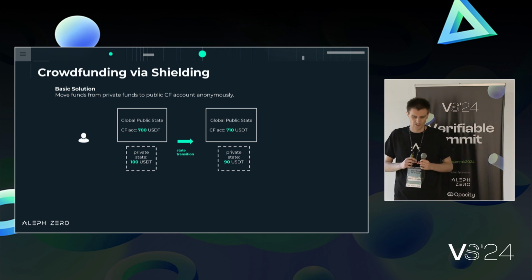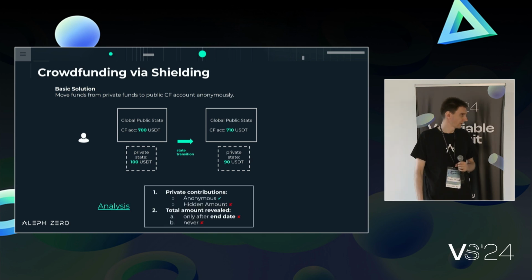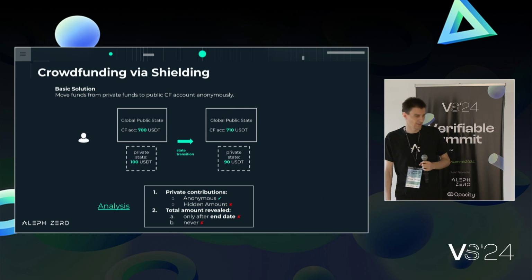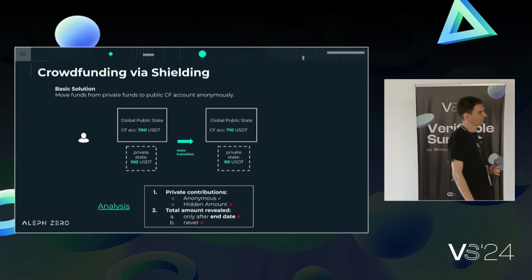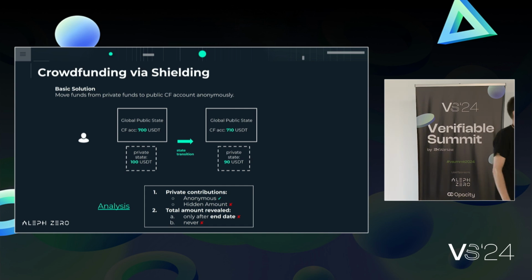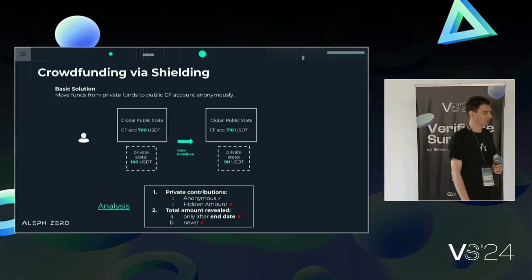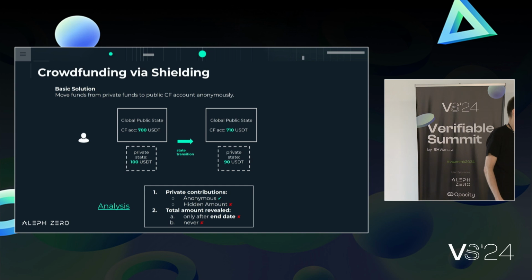Okay? So what do we achieve here, really? Because this sounds silly. We need to remember that everything which happens here, private state, is anonymous. Okay? So we never know which user just made a transaction. We only see that there was a contribution made of 10. And everything else is hidden. So what we achieve is anonymity here, which is good.